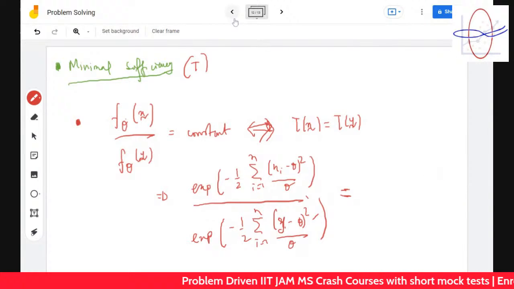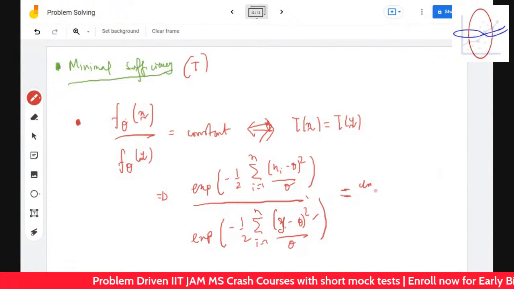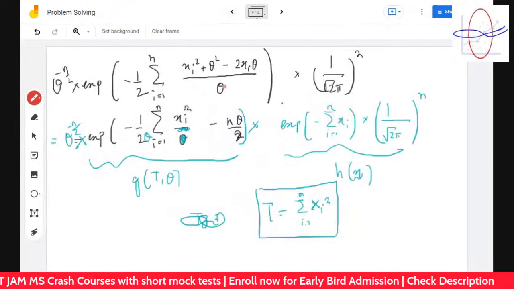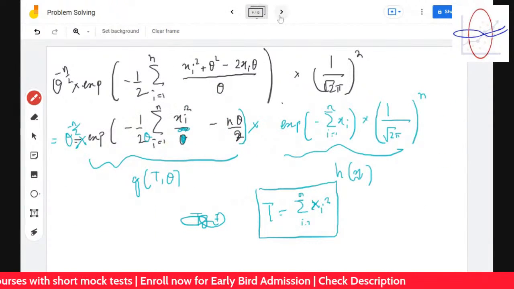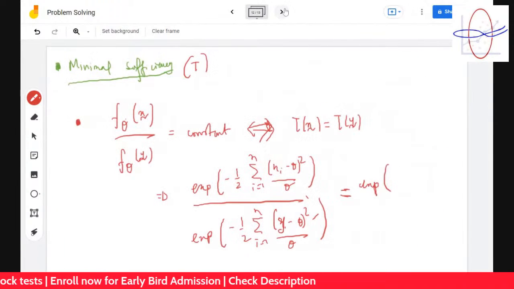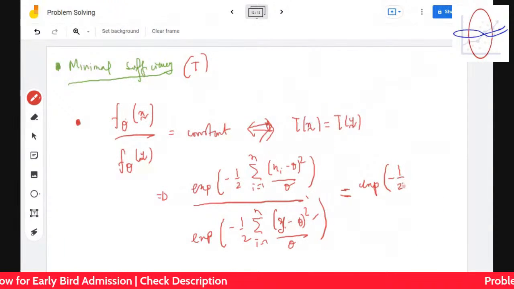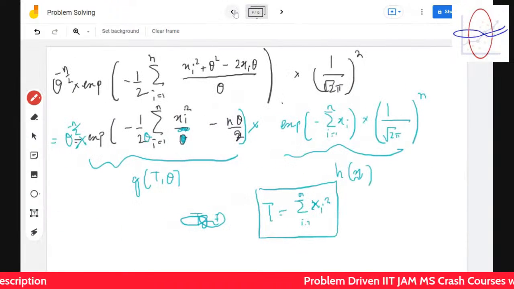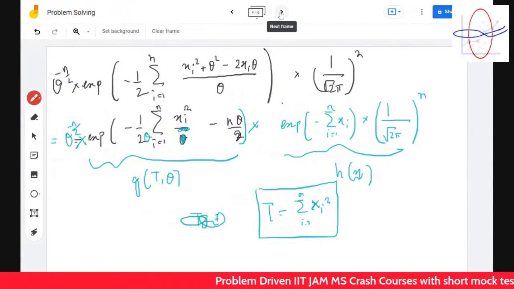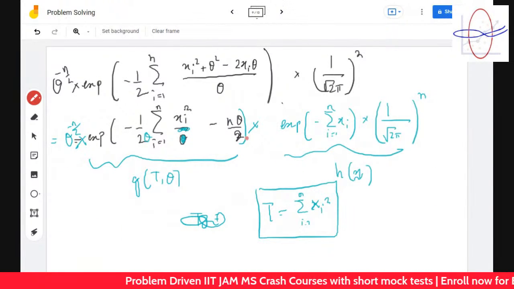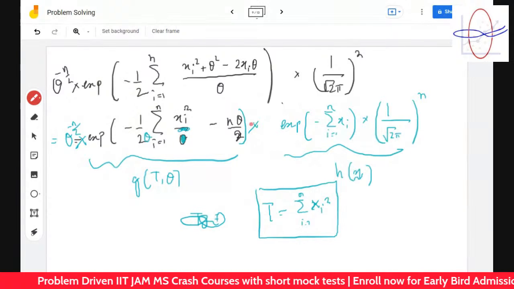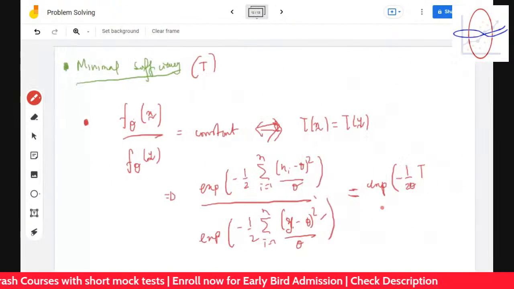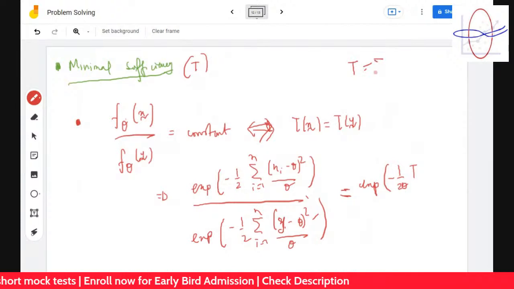You will get a lot of stuff like this, exponential. Let's write down what we have got over here. 1 by theta, we have got t, minus n theta by 2. Then theta by 2 will get cancelled, and minus summation xi is also there. Let's call it s. So t is equal to